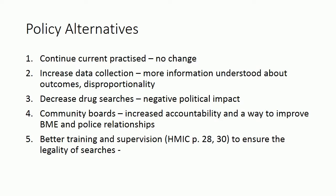Policy alternatives. Continuing current practices would likely lead to no dramatic changes from current trends. Individual police forces will continue to launch their own initiatives. If not dealt with, it is likely that at some stage the issue would return to the agenda in a few years. Increasing data collection would make it easier to gain further understanding about the effectiveness of stops and searches,